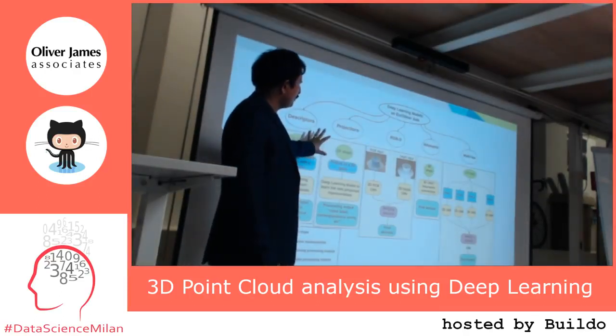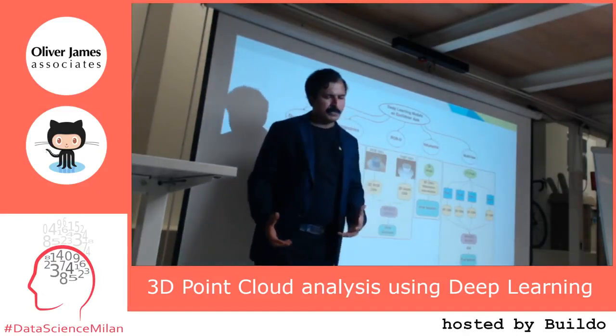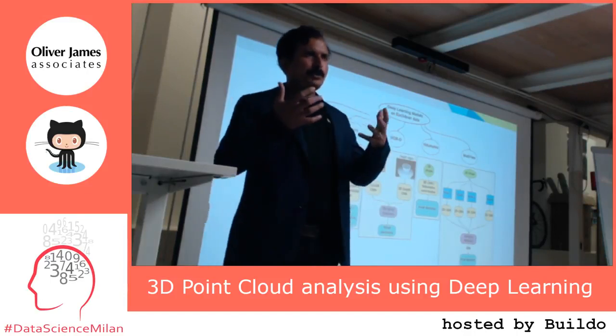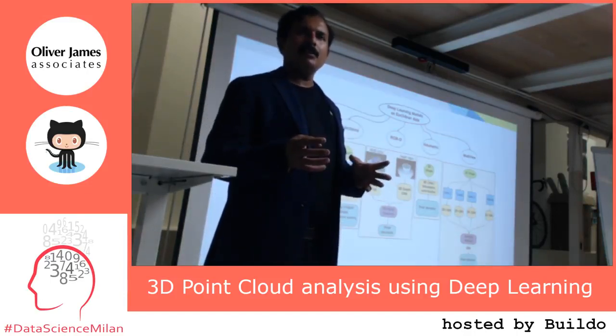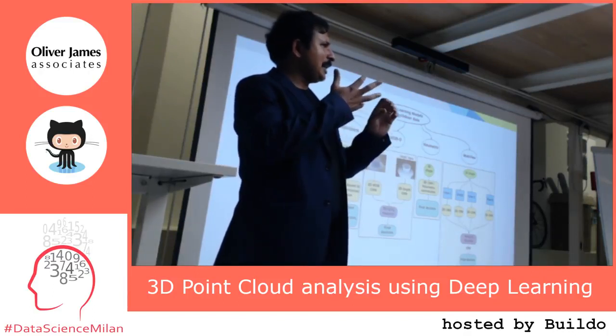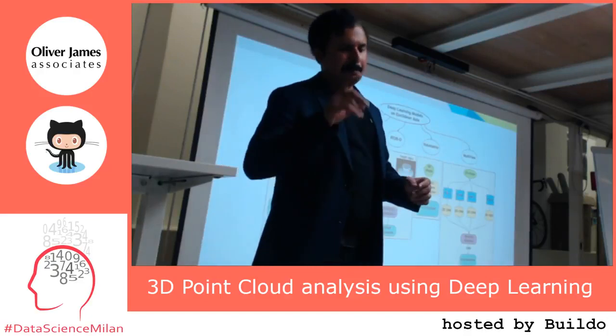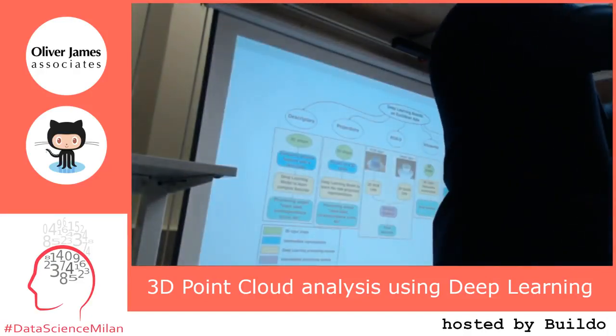People don't use descriptors and projections anymore. If you use RGB data or volumetric data or multi-view data, you apply a variation of a CNN on all of these images to understand local level features and a global feature. For example, let me explain the local level feature and global feature concept. Let's say you take an image of this room.